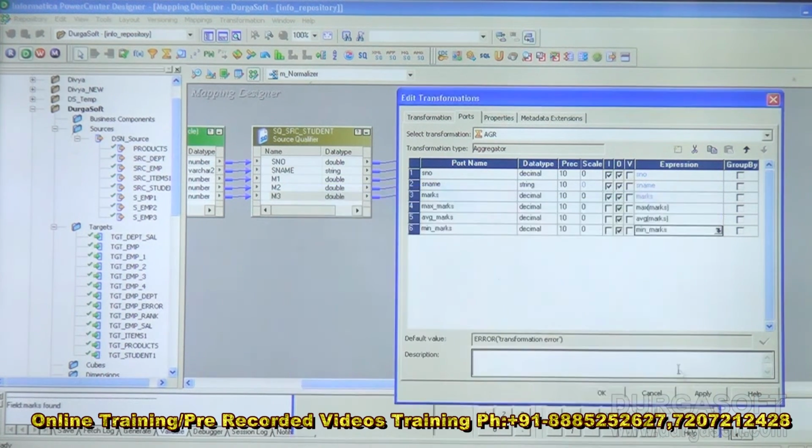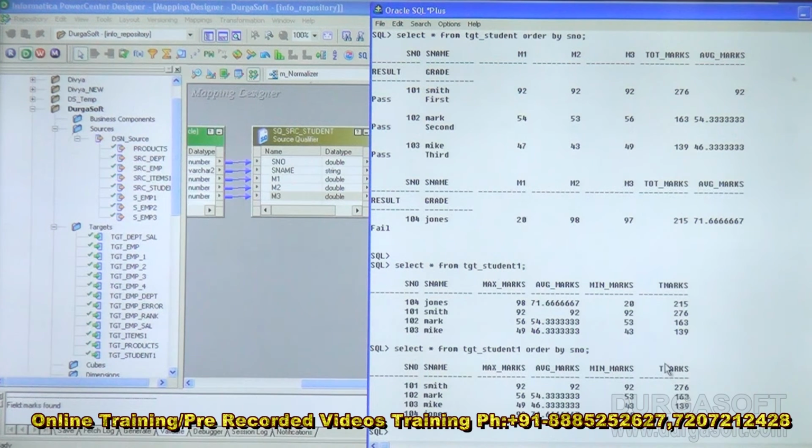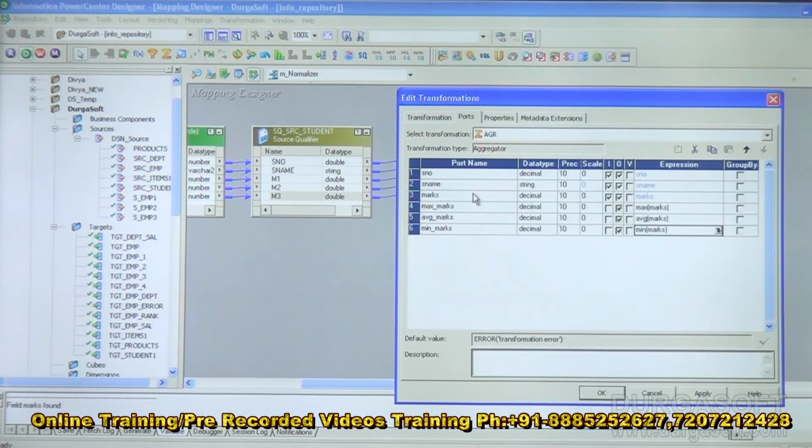OK. So max marks, average marks, minimum marks. What is the next thing you need? Total marks. So we'll add a port for that too. Click on add new port. Total marks, data type is decimal. Uncheck the input port